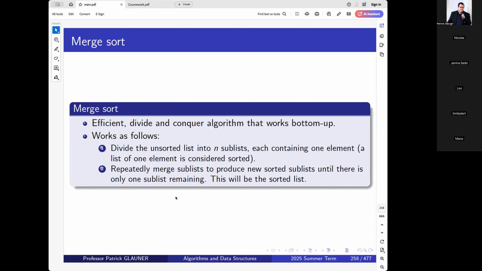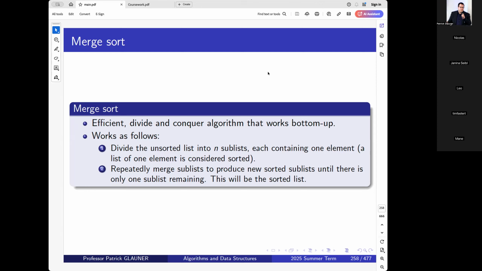What it will do is we have an unsorted list of n entries, and this unsorted list will be divided into n sublists. So we will have n sublists. Each sublist only has one element. And if you have a list with one element, that list is sorted. And we have n many of them. And the merge sort will try to repeatedly merge small sublists into larger